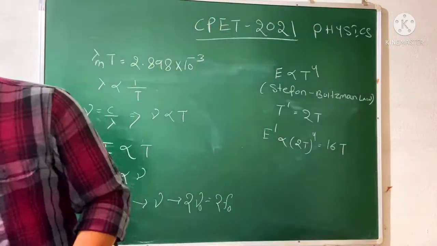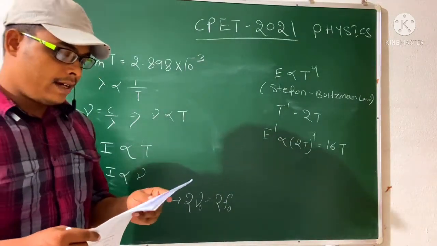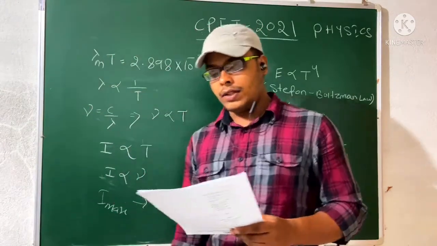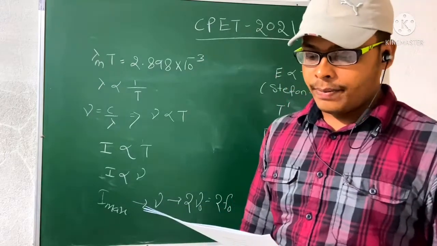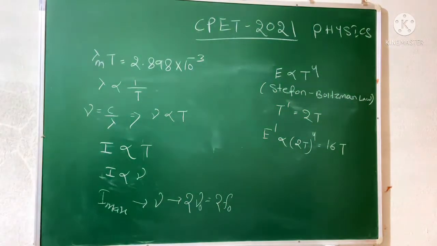Now we will go to question number 2. So in question number 2, what is being asked? An ideal refrigerator has a freezer at a temperature of minus 12 degrees Celsius and the coefficient of performance of the engine is 5. So what is the temperature of the air? So remember,